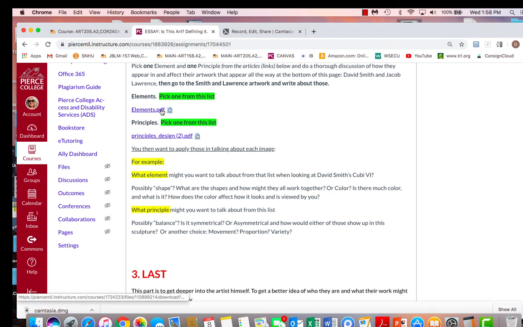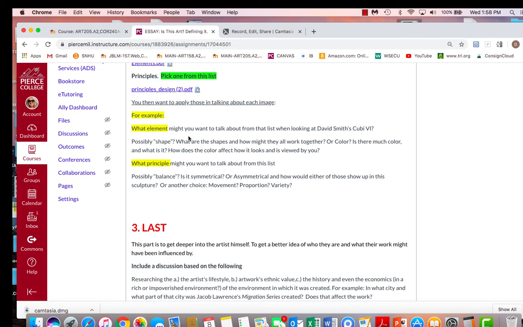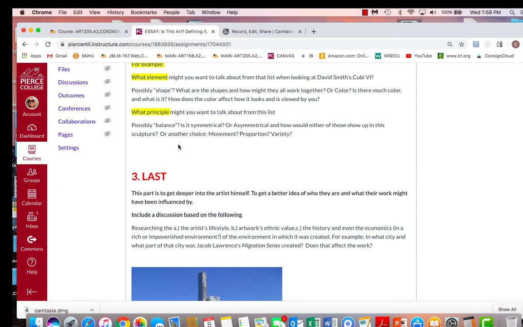So for each image, you're going to pick one from this list, one from this list, and then use those to talk about that artwork. So you're going to go one here, that's 2 for David Smith's and 2 for Jacob Lawrence. Here's some examples I go through of what possible ones that you could maybe talk about with just David Smith's